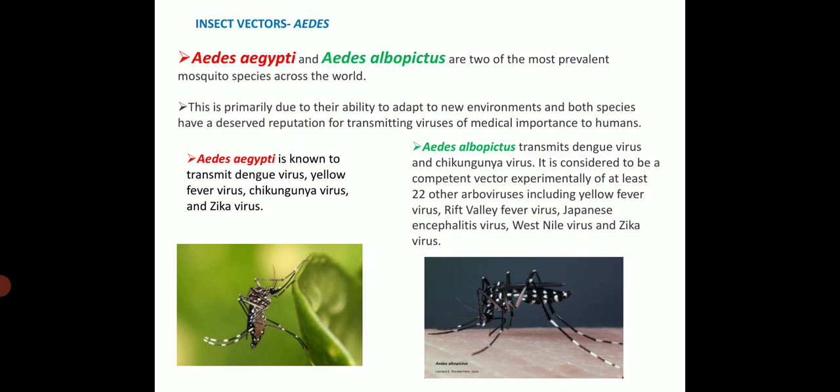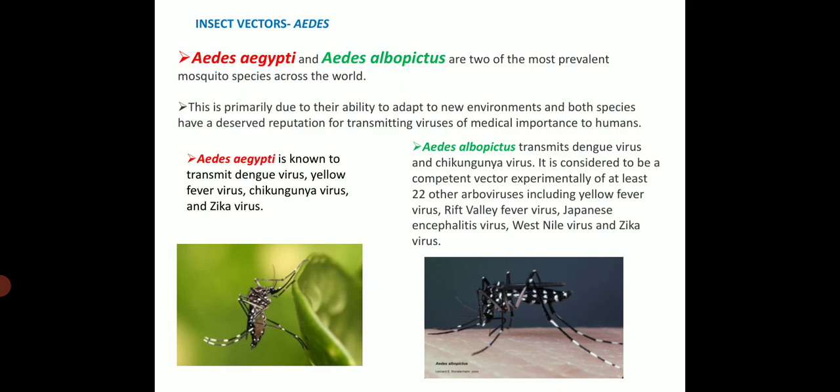Aedes have the ability to adapt to new environments, and both species have a deserved reputation for transmitting viruses of medical importance to humans. The first one, Aedes aegypti, is commonly known to transmit different types of viruses like dengue virus, yellow fever virus, chikungunya virus and Zika virus, whereas the second one, Aedes albopictus, transmits dengue virus